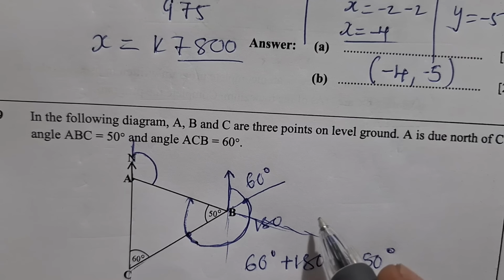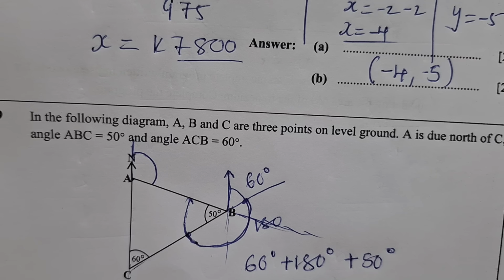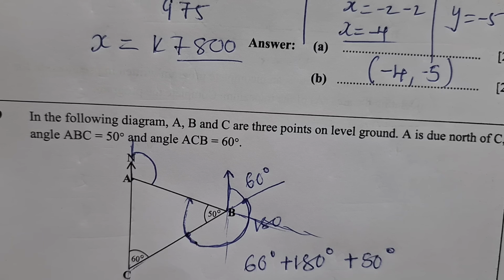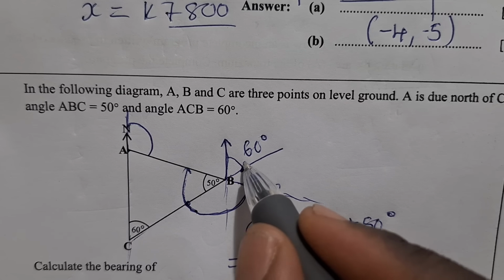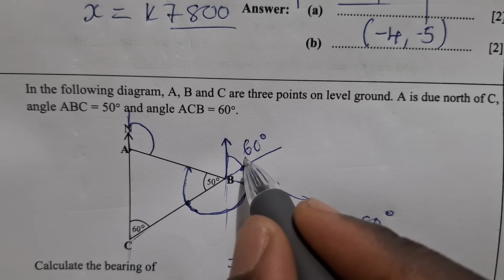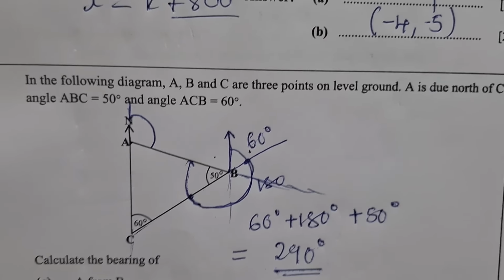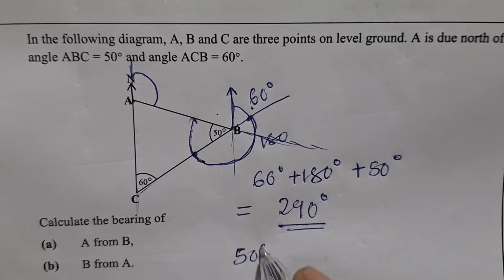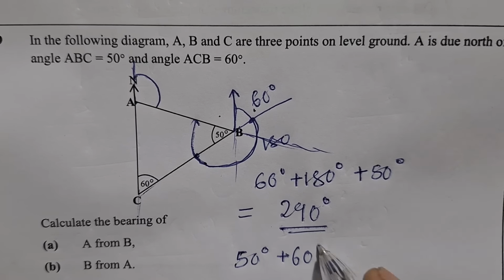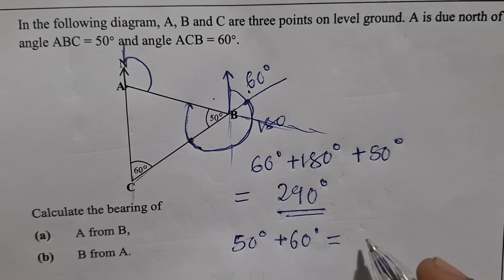When we extend this, we know that this is 60. We can find this angle by using this 60 and this. So in this case, it will be 50 degrees plus 60 degrees is equal to